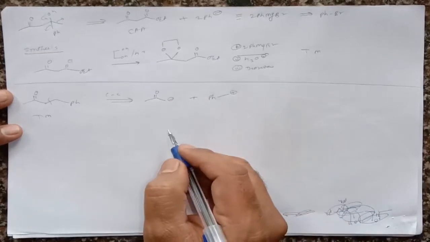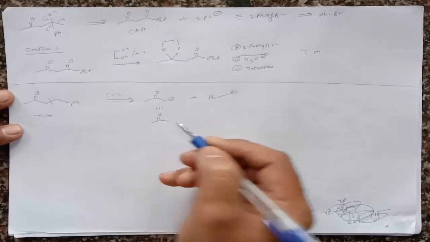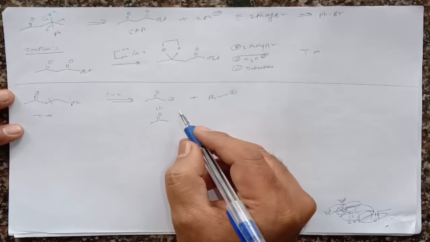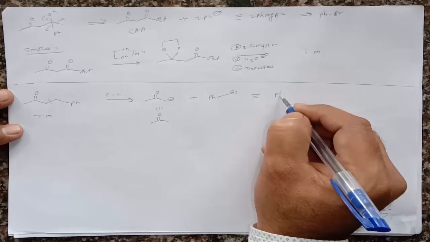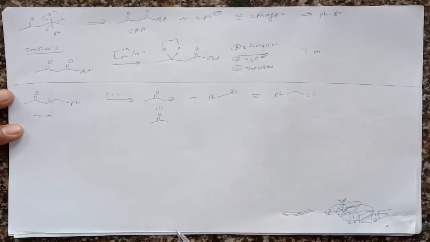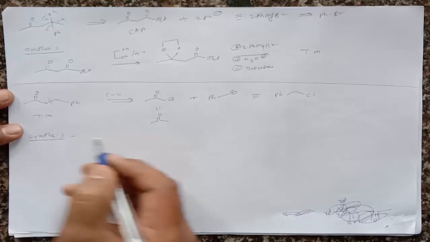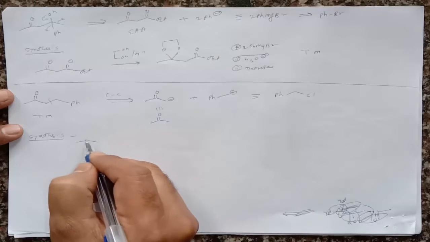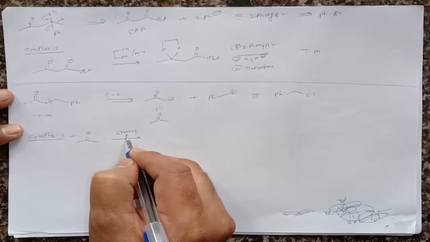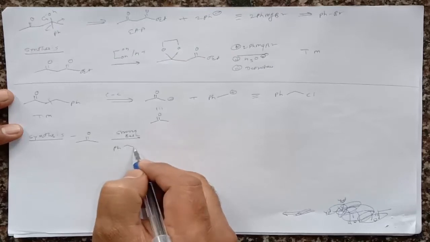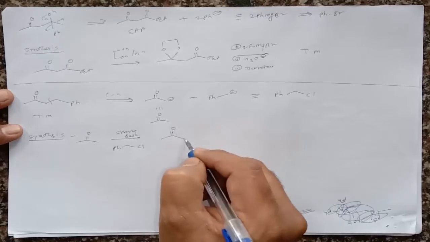Here is the positive charge. Then this molecule can be easily obtained from a ketone. That means the ketone in presence of base will take this proton and it will react with this molecule, and again this molecule will be easily prepared from this PhCH2Cl. If you go for synthesis, if you take this ketone in presence of strong base, and if we are adding this PhCH2Cl, so what does it give? It gives different types of product. It gives the target molecule.